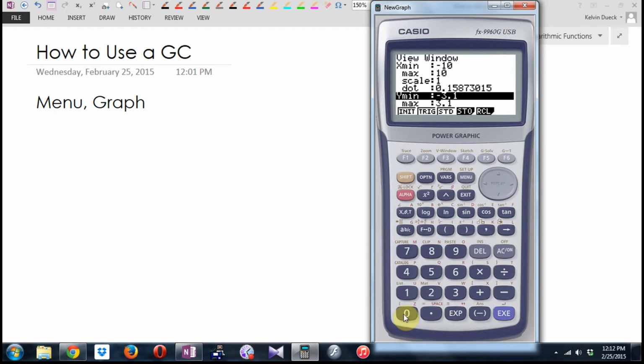Y-min, I want to go down to negative 10. So I'm going to go negative 10. Enter. And I want to go up to positive 10 for my Y max. Scale 1. Okay? Now, it turns out that this particular scale, going from negative 10 to positive 10, negative 10 to positive 10,